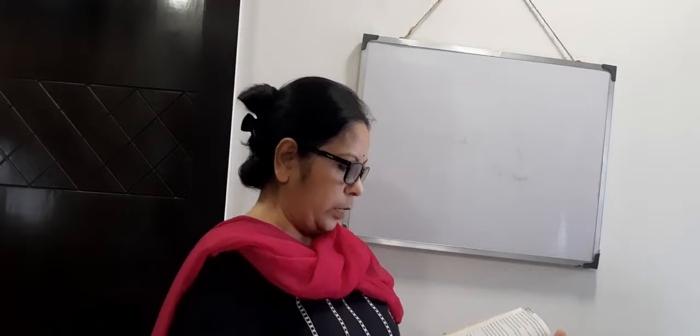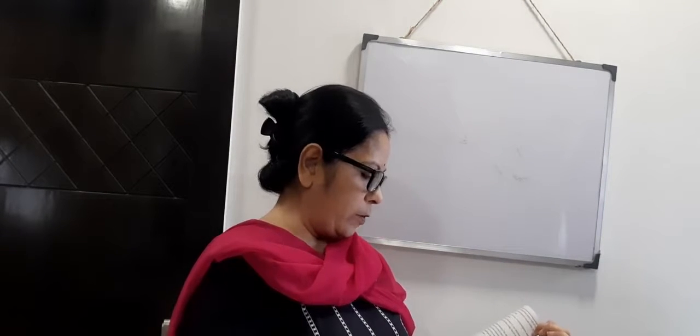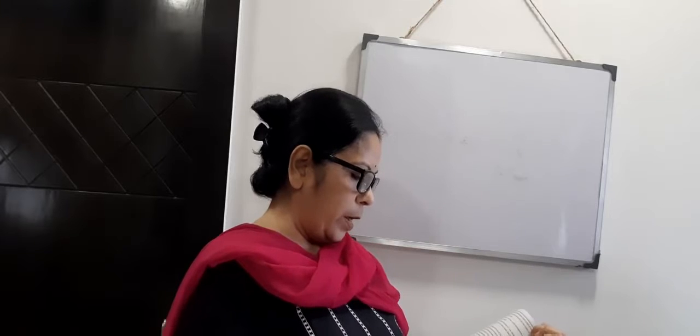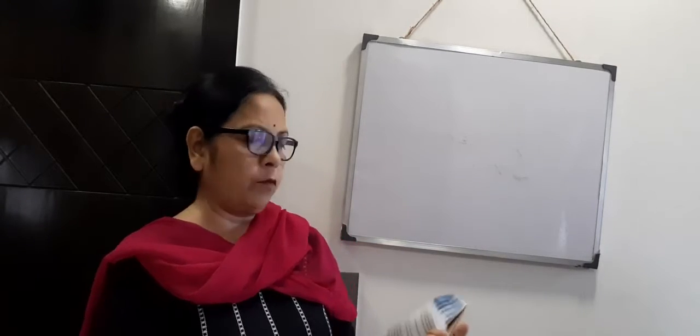Now next one, number 4. The shape of lower portion of a solid is hemisphere, half of the sphere, and the shape of the upper portion of it is right circular cone. If the surface areas of two parts are equal, then calculate the ratio of the radius and height of the cone. Here, surface area means total surface area, not curved surface area. What is the formula of total surface area of cone? Pi r into r plus L.